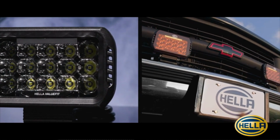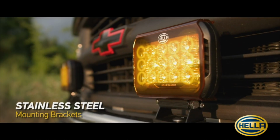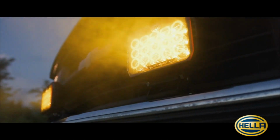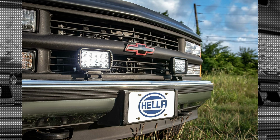358154051 is its brand reputation. As a well-established brand, HELA has consistently delivered high-quality products, and this LED light is no exception. With their expertise in crafting reliable automotive lighting solutions, it's no surprise that the ValueFit 450 LED is a reliable